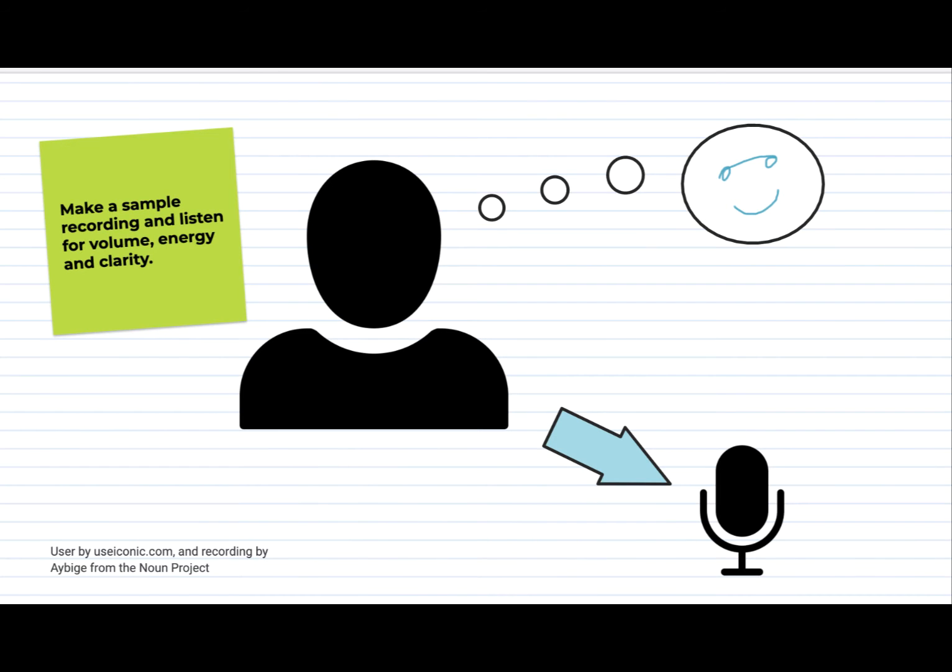Once I have my script, I check my audio. Place your external microphone to the side, close at hand but not directly in front of you. This will prevent unwanted plosive sounds or mouth sounds as you're speaking. Next, record a sample of yourself presenting from your script. Listen back and make note of your volume, energy level, and the clarity of your speech. Make sure your voiceover is readily understandable. You may need to pump it up a notch, really enunciate, and smile.